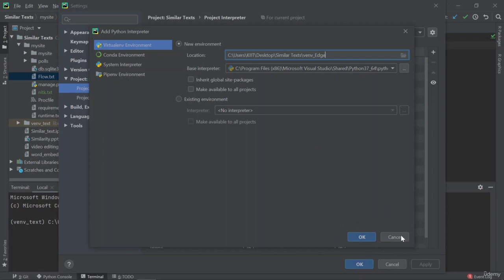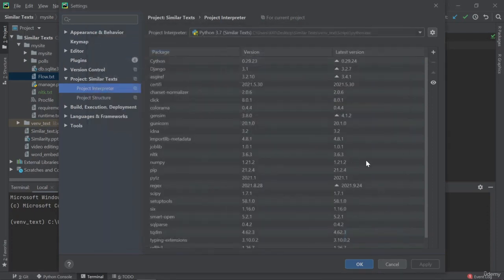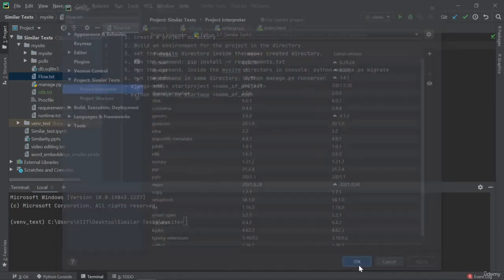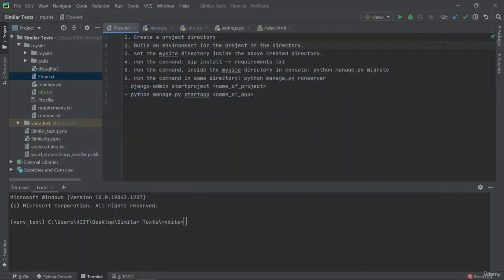Then click on OK. So I have already created an environment, and that is also named similar text. Then once you have created the environment, we can move to the next process, that is to go into your command line and go inside the my site directory, right? Here you can see that inside my similar text, which was the project directory, I have the my site directory here. So similarly, go inside your command line into the my site directory, then run the command pip install -r